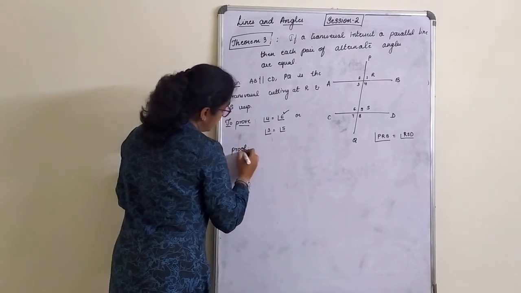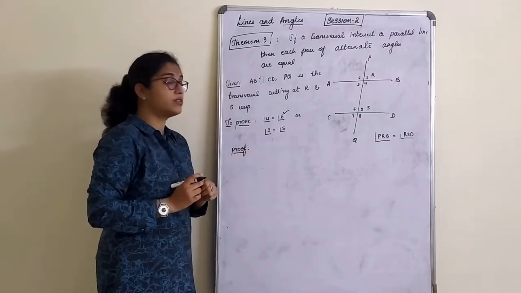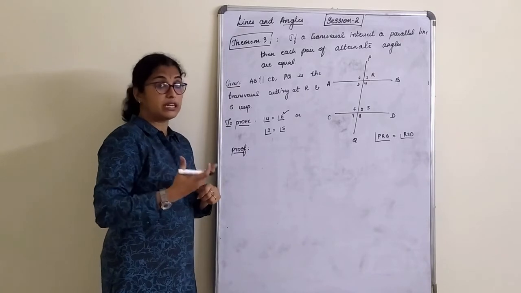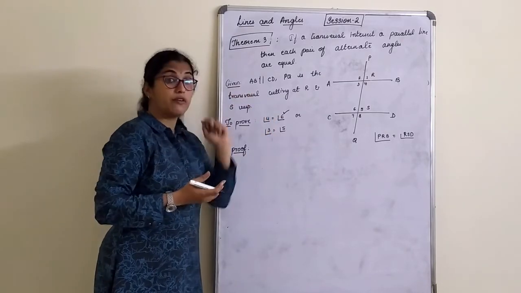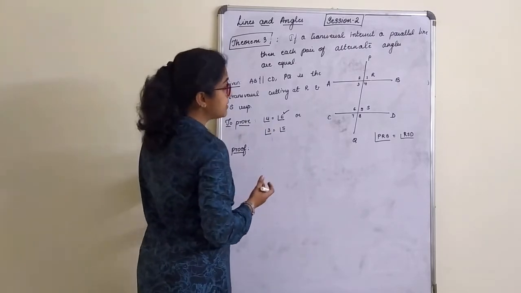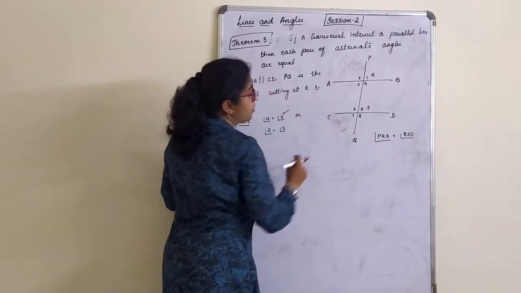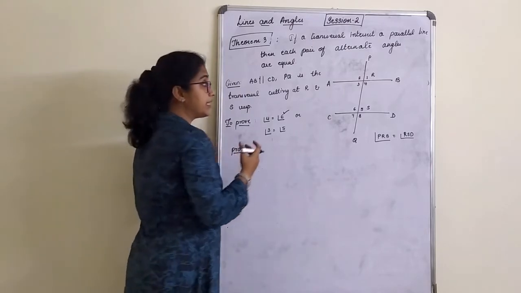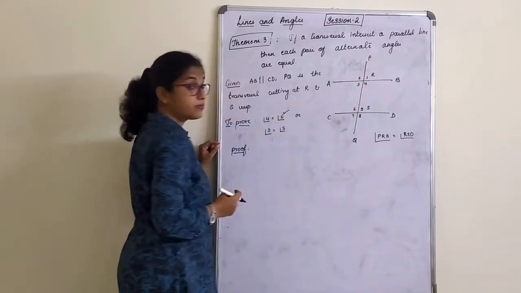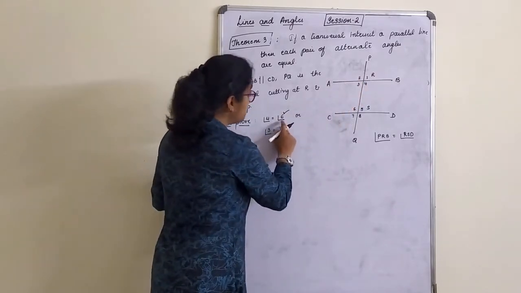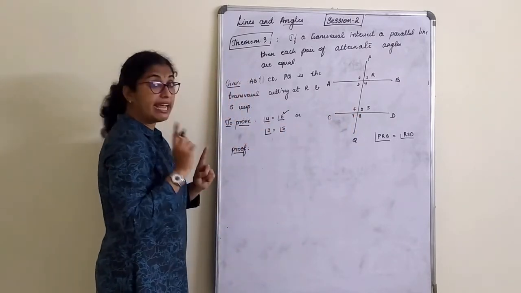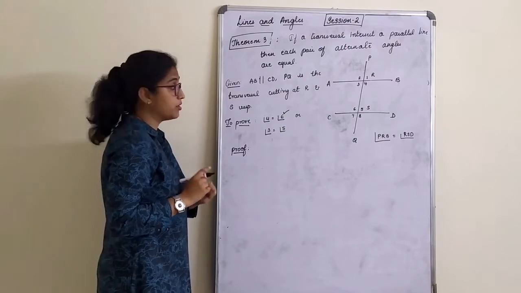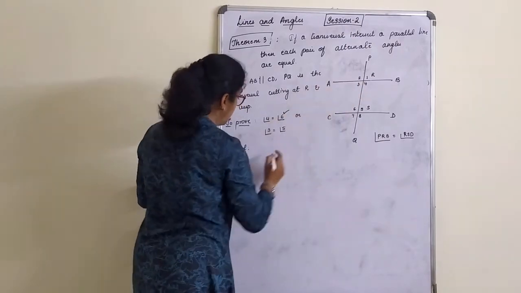To prove alternate angles, first of all what we choose is, we choose a pair of vertically opposite angles with respect to the alternate angles what we are supposed to prove. That is 4 or 6. So with respect to 4, which is vertically opposite angle, that is 2. Or with respect to 6, which is vertically opposite angle, that is 8. Any one you have to choose, not both. Okay, let us choose with respect to 4 then.